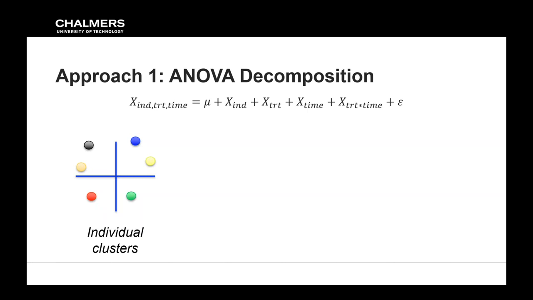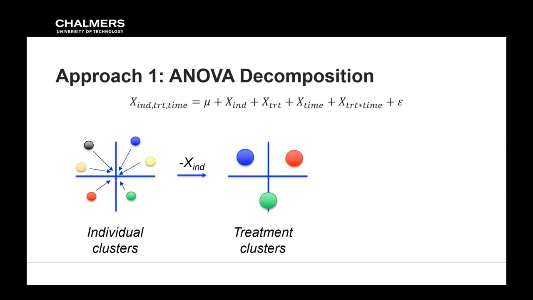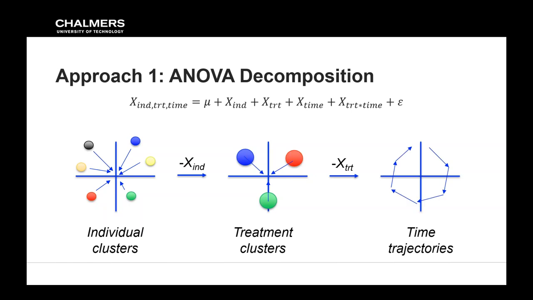So how do we look at time effects when there is so much effect of the individual? Well, if we center around the individual by removing the individual average, we center all the data around the origin, and we end up with a different situation in which we may find new clusters of data points that relate more to the treatments. If we find that data partition, we can remove that variation and then look at, for example, the time trajectories.